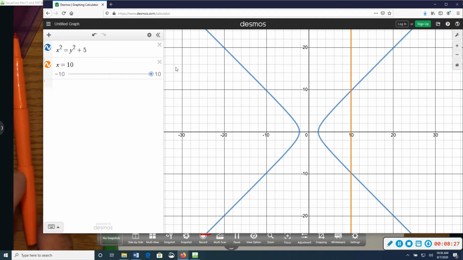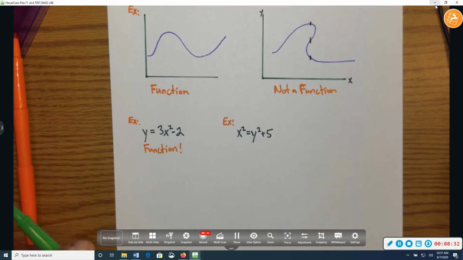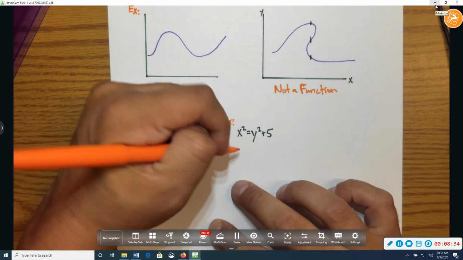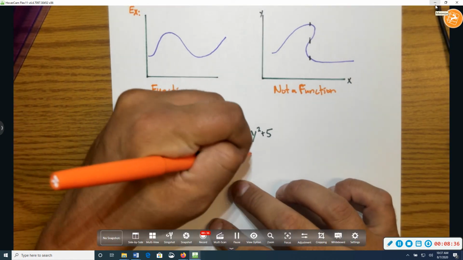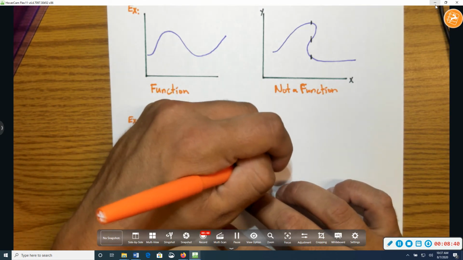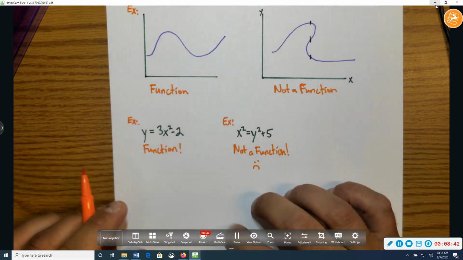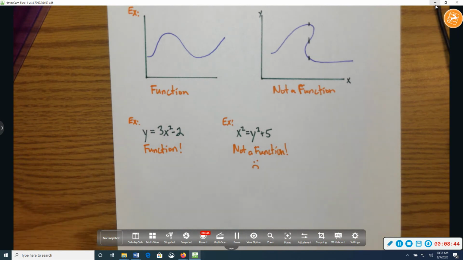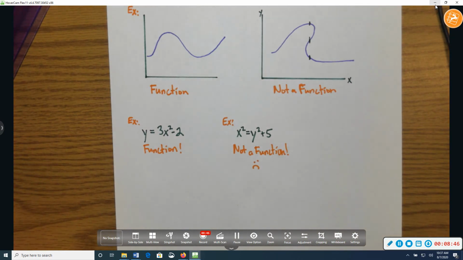So this is not a function because it doesn't pass the vertical line test. You could put a little sad face if you'd like. I don't know, it looks kind of like a fish face. But that's that. So that's how we know whether a function is a function or not, whether it passes the vertical line test. So let's move on here